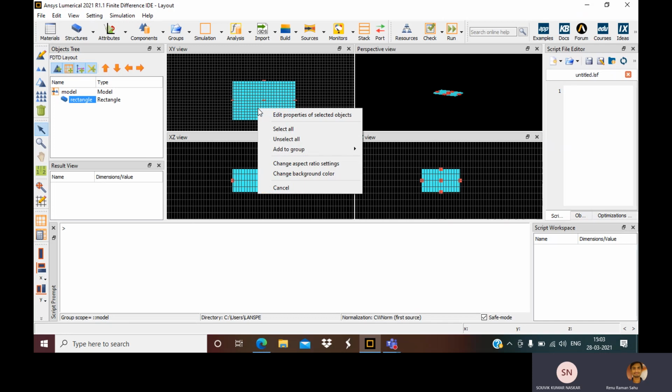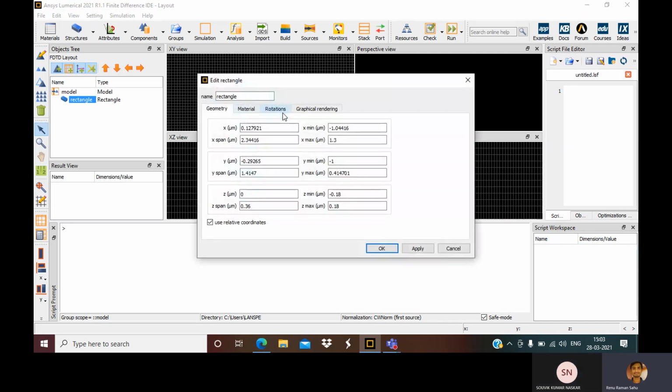If I right click on it, I can edit the properties.